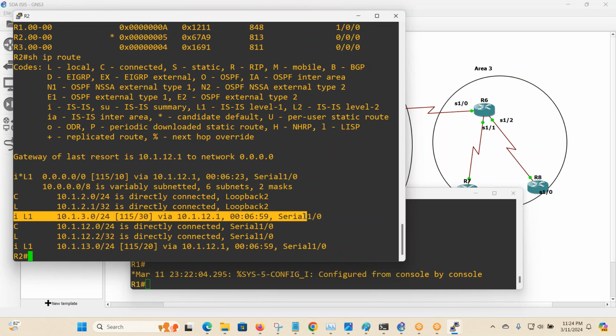The circuit ID represents every circuit. A link is called a circuit. So the link between R1 and R2 is called a circuit. If you remember the OSPF version 3 class, in OSPFv3, OSPF is also assigning the circuit IDs or link state IDs to the circuits. So basically, again, right now,